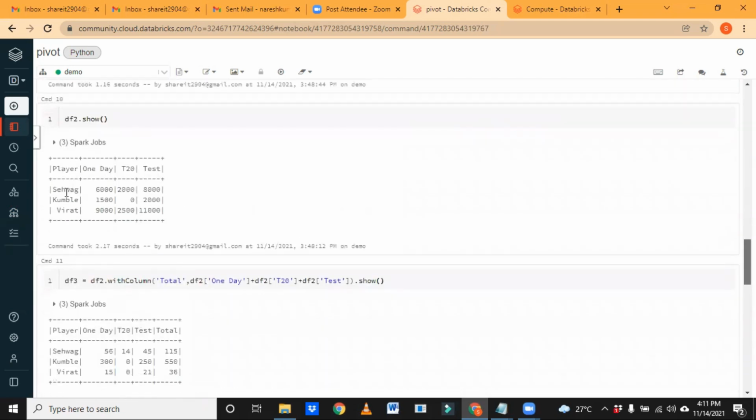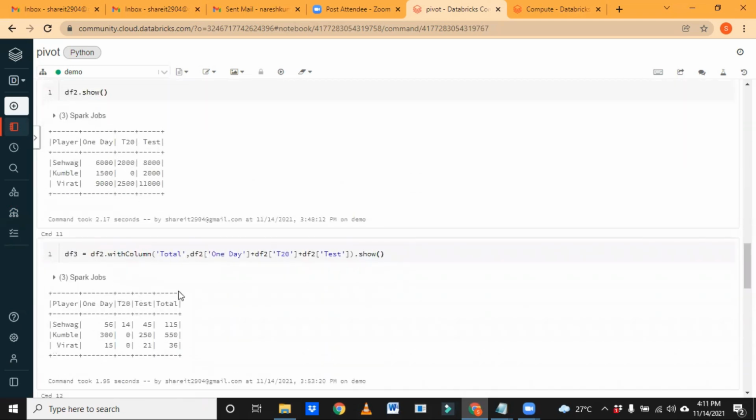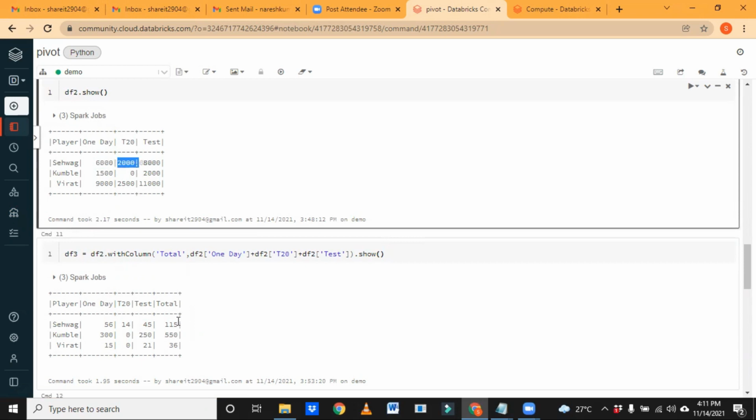So our goal is to find out something like this. For Sehwag, the maximum total of one day international, T20 and test.